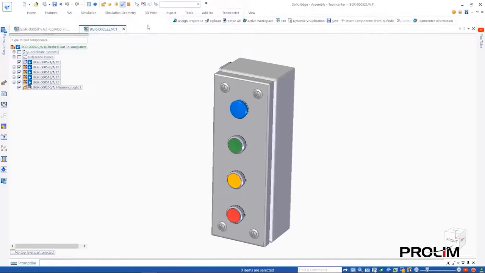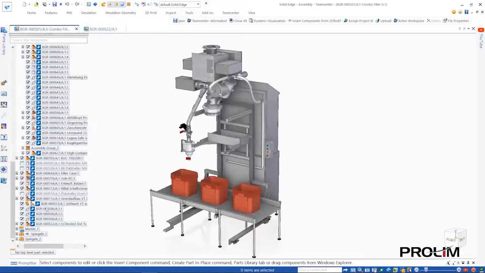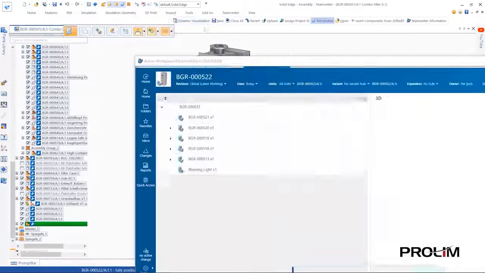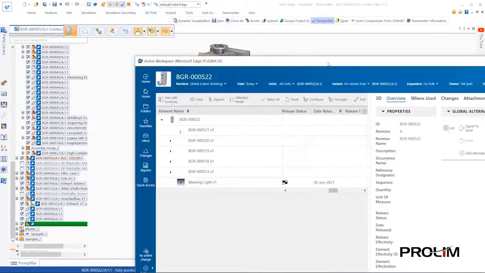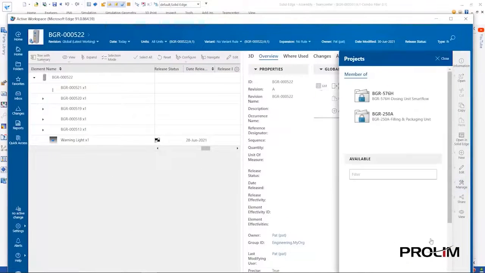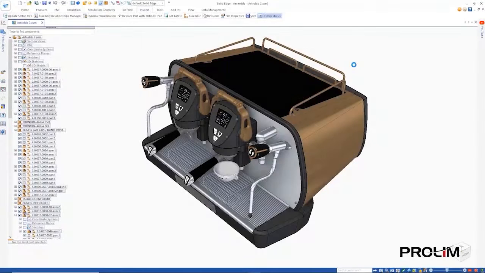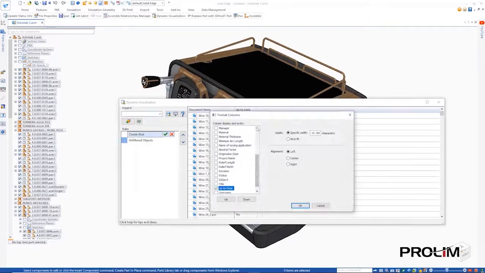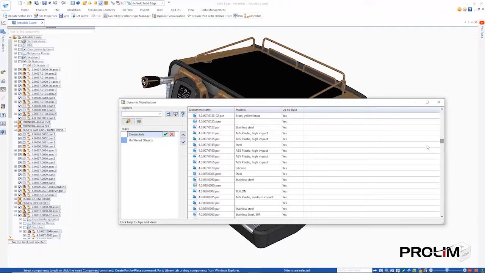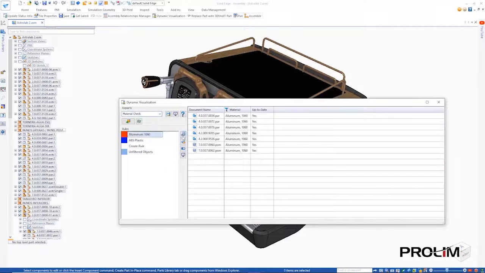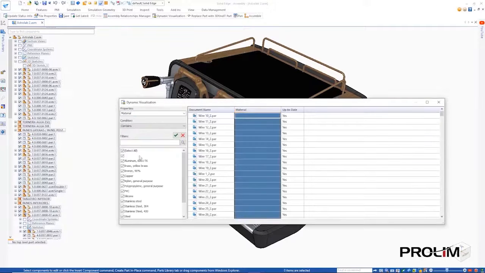Also new is better integration with Teamcenter projects and a new Assign Project ID capability where we can assign and unassign project IDs to multiple documents simultaneously. Turning our attention to Solid Edge's built-in data management functionalities, we can see that dynamic visualization is available here too. With dynamic visualization, we'll perform a quick material check on our Fiamma espresso machine to confirm the right materials are